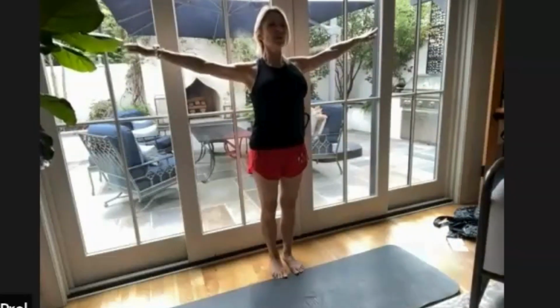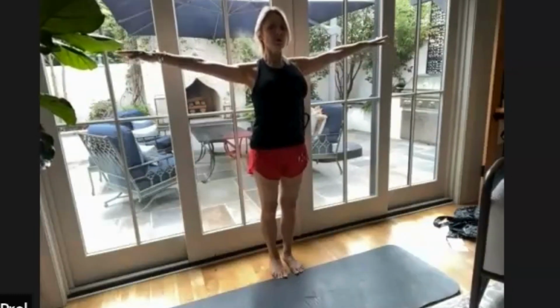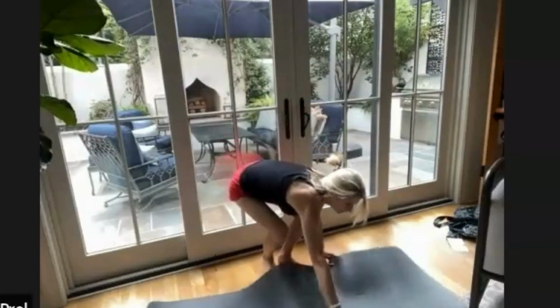And let's just work on bringing your arms out to a T, doing some small tennis ball circles, and then reversing it. I just have to move my mat a little bit. Okay. So let's roll our shoulder blades back, bring the arms to T position, taking a deep breath in, and then we'll go bringing our arms together in prayer position, choosing somewhere in the room to gaze at, and we're